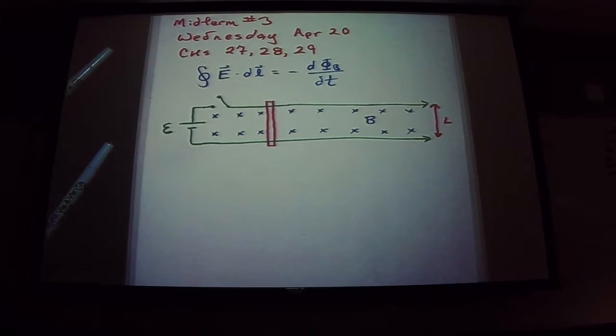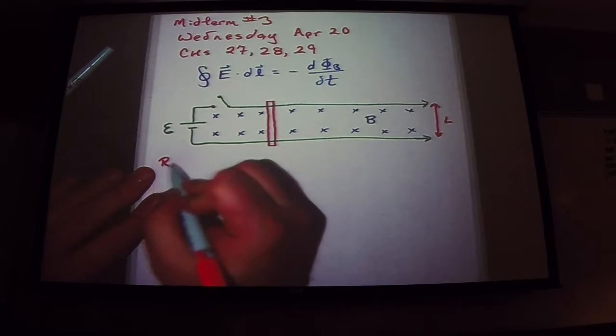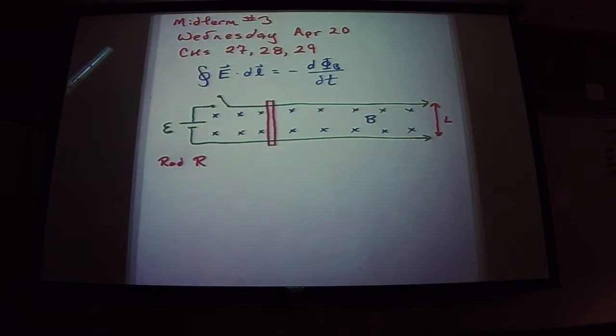I guess there's one more thing that we need to know. The long wires have negligible resistance, and the rod has a resistance of R. So that rod has resistance R, and the wires have negligible resistance. Okay, so when the switch is closed,